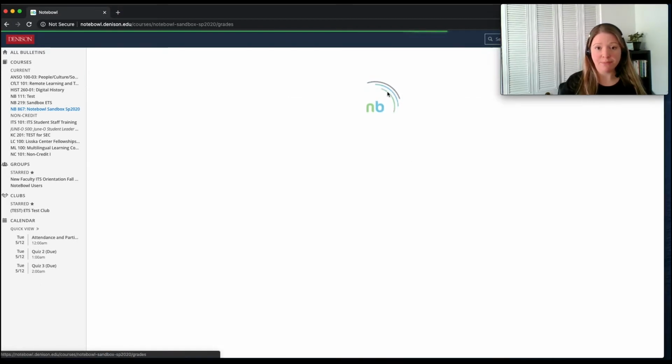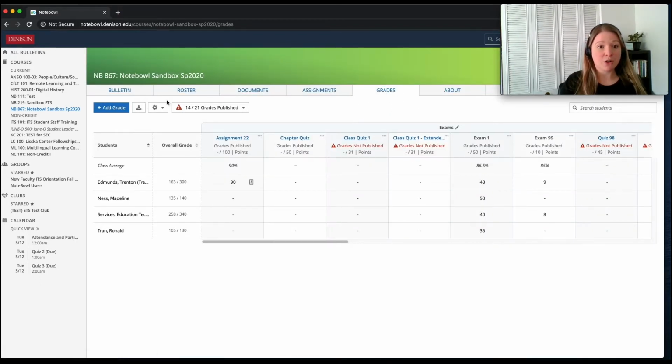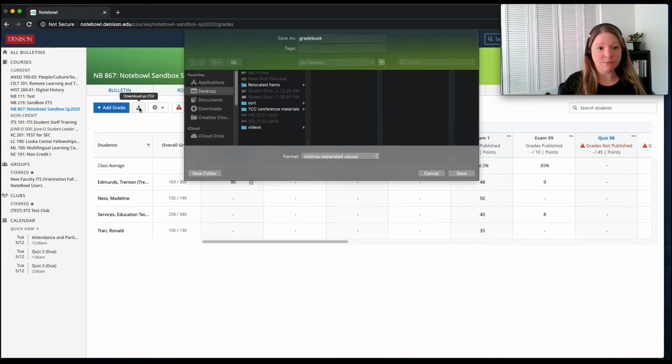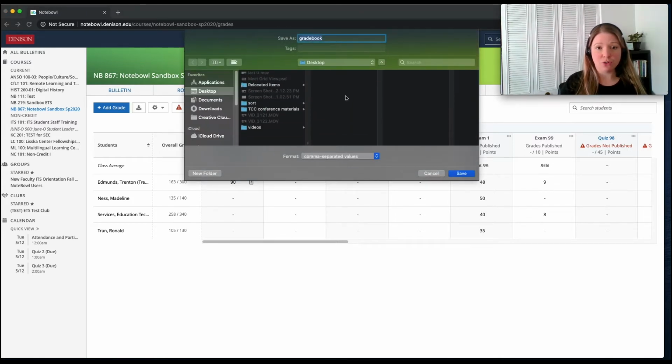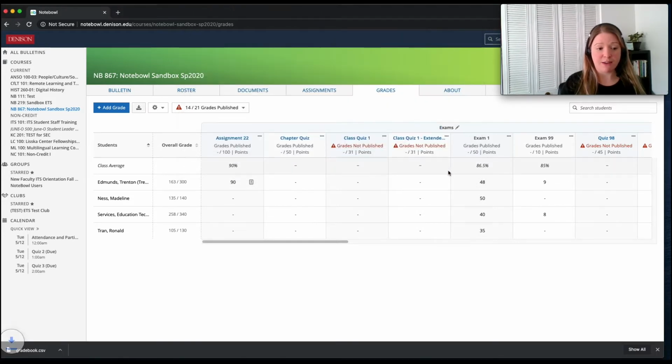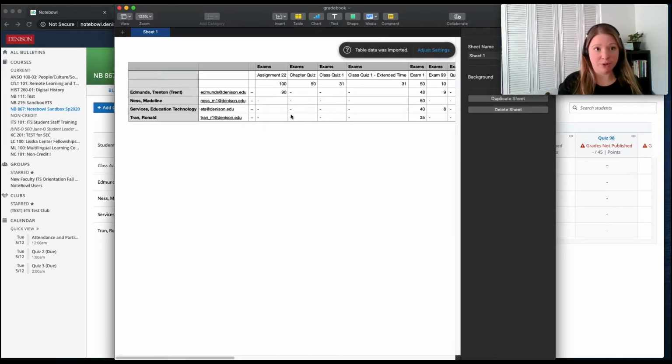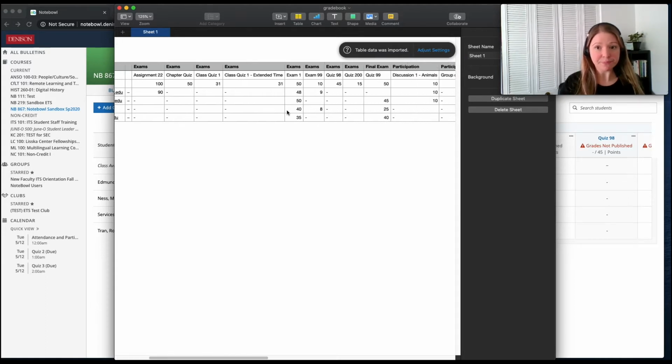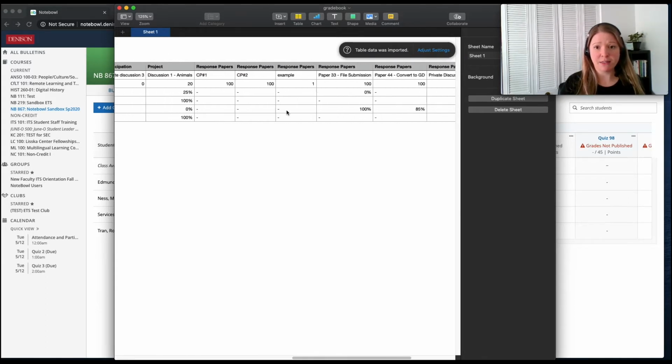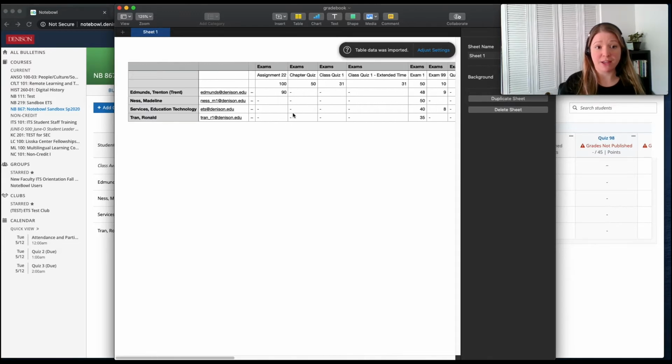So in your grades tab, you're going to go to this little down pointing arrow that has the line under it, and you can just click that and it will allow you to choose where you're going to download it. So I'll just do desktop for now and hit save. It really is that simple, and now you have a CSV file of your grades. When you click on the CSV file, by default it's opening for me in Numbers rather than Excel, but you can see here all of the assignments